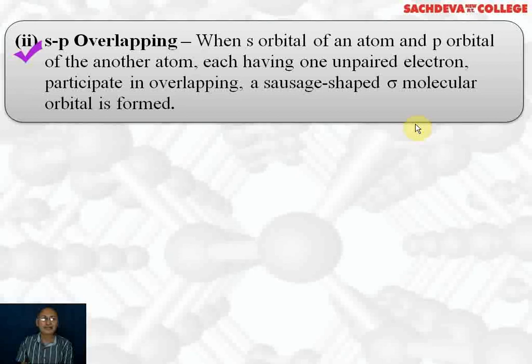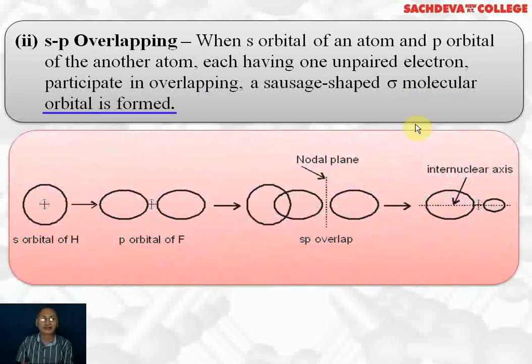Next, we are taking sp overlapping. When s orbital of one atom like hydrogen and p orbital of another atom like fluorine or chlorine, but both should have one electron each, that is one unpaired electron, they can participate in overlapping, a sigma molecular orbital will be formed. S orbital of hydrogen is overlapping with p orbital of fluorine having unpaired electron,